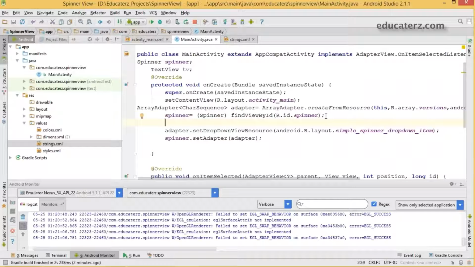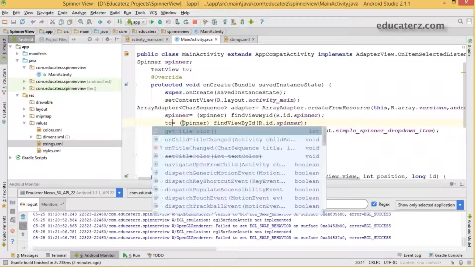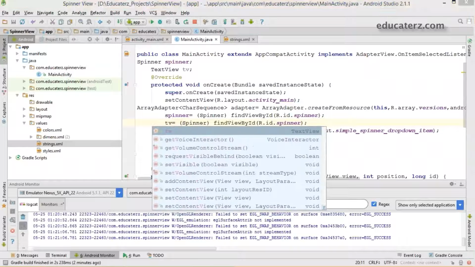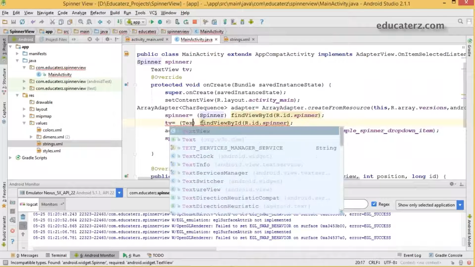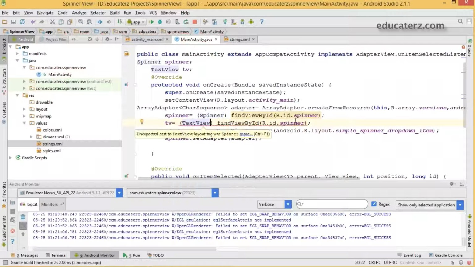Just load that into the activity using the findViewById method. Typecast it to a text view, R.id.user_selection. So save this.